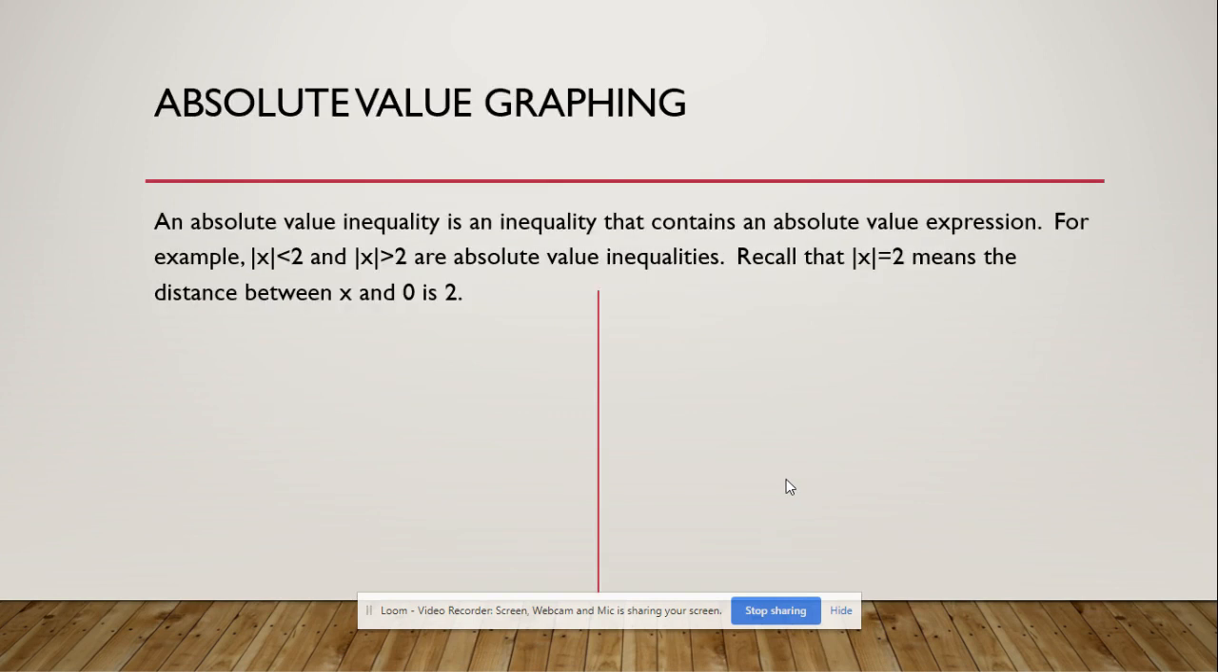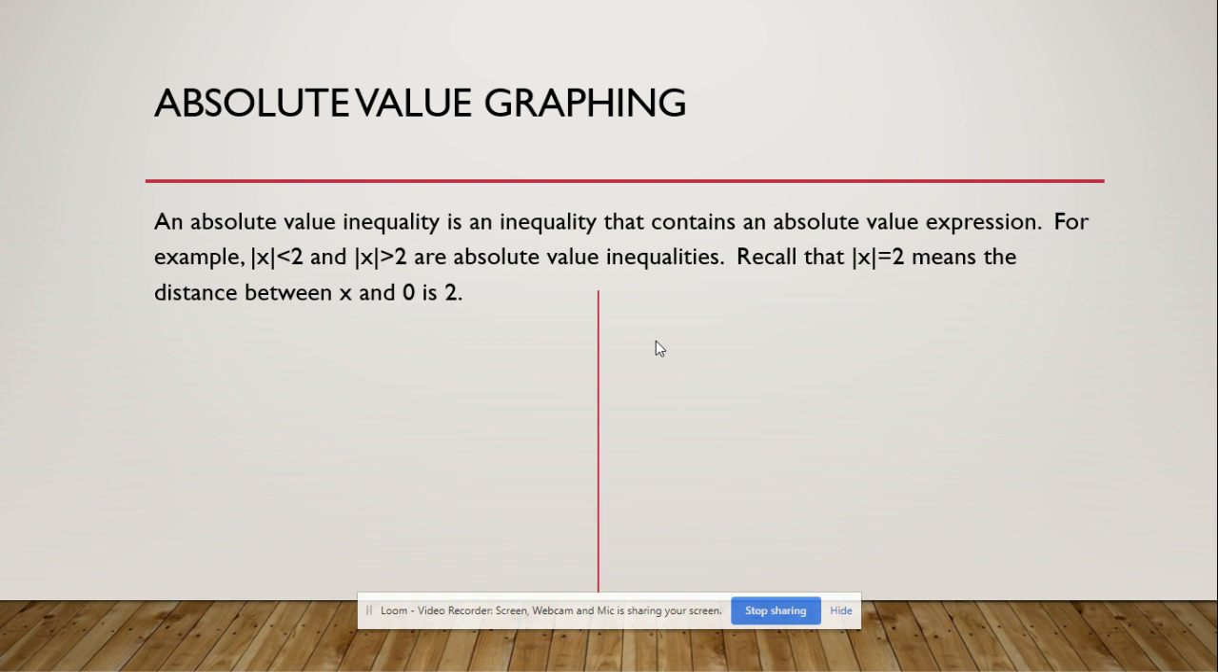So an absolute value inequality is an inequality that contains an absolute value expression. For example, if absolute value of x is less than 2 and absolute value of x is greater than 2 are absolute value inequalities. An important thing to remember about absolute value is that the absolute value represents the distance